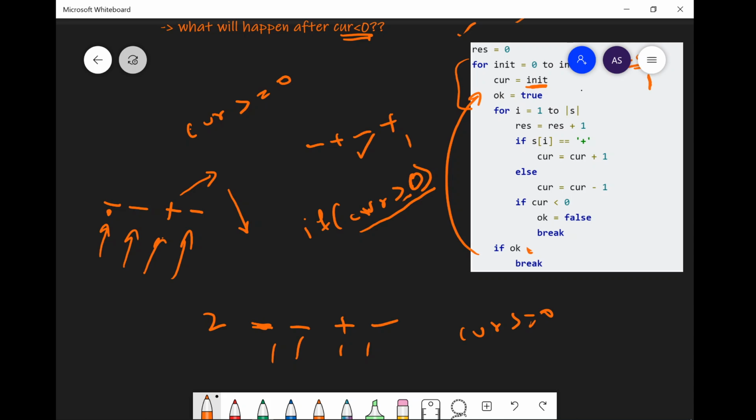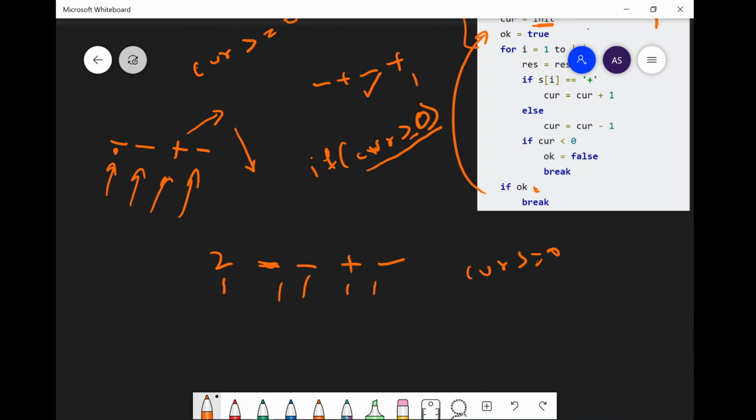When it encountered the first minus, current was reduced by 1, and when it encountered the second minus, current was again reduced by 1. When it encountered this plus, current was incremented by 1 and became 1, and then again when it encountered minus, it became 0.